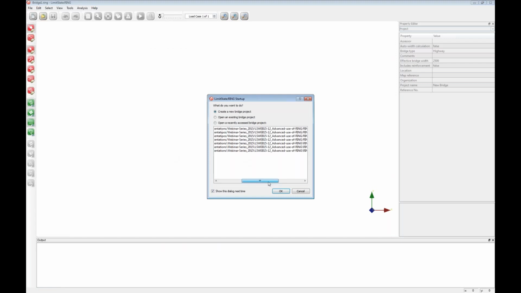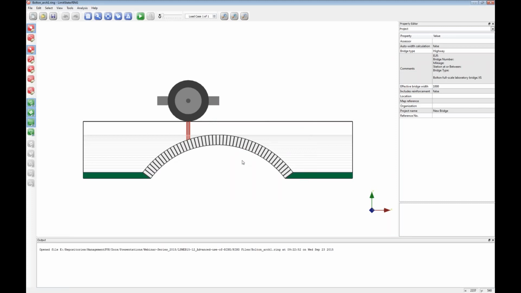Okay, so actually what I've got is a model of a standard bonded arch, if you like. It's slightly different to usual, however, because in this particular case we have set the backfill unit weight to 0. So in other words, we don't have backfill, and also we have locally focused the load on a particular point